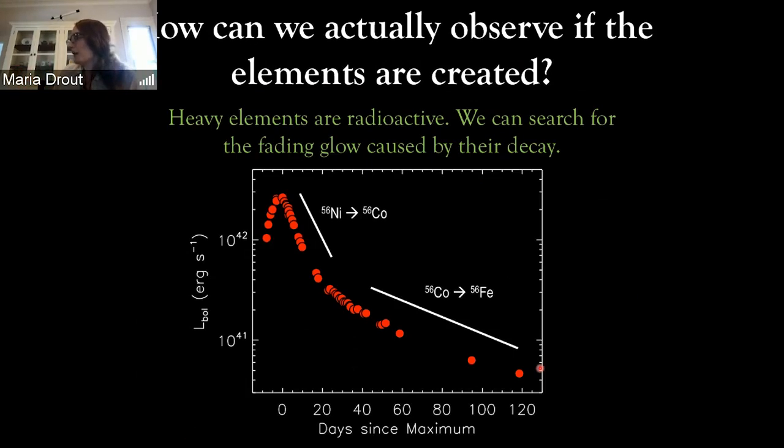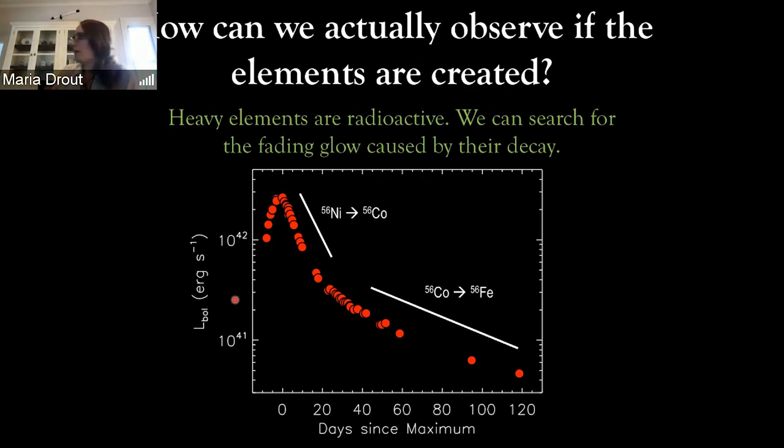However, this actually also highlights a problem. Namely, even if an ordinary supernova did create a tiny little bit of those heavy elements in the periodic table, we would probably never see it this way by looking at this fading glow of light for the radioactive decay. The reason is that normal supernovae make several tenths of a solar mass of this radioactive nickel, whereas they maybe would produce a few thousandths of a solar mass of all those heavy elements combined. So essentially, even if they made those elements, observationally the light would be completely swamped by these iron peak elements, so that it would be very hard to disentangle and actually see them.